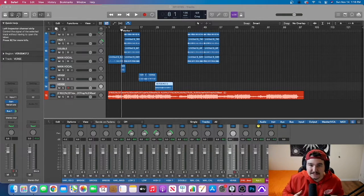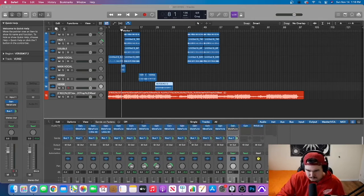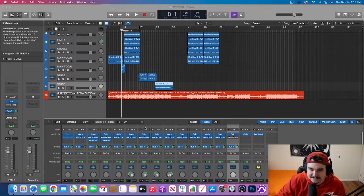I don't want my mix to be distorted, and especially my master. So even when I'm mastering, I'm still hitting the green. I never want to go above the green, but I still want it to be loud. Gain staging allows that. Gain staging is 100% the easiest process to get your mix to sound